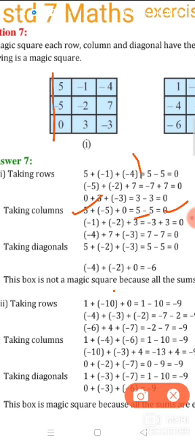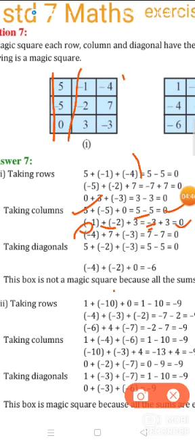Now dear friends, we are going to see the next column: negative 1, negative 2 and 3. Here plus minus is minus, and here a minus is already given. So minus and minus, minus minus will be plus. So 1 plus 2 becomes 3. By comparing 1 and 2, 2 is greater and it has a minus sign, so we will put the minus here. So negative 3 plus 3 becomes 0.